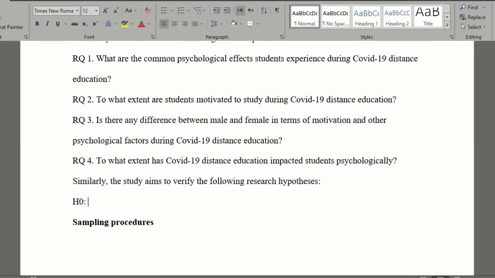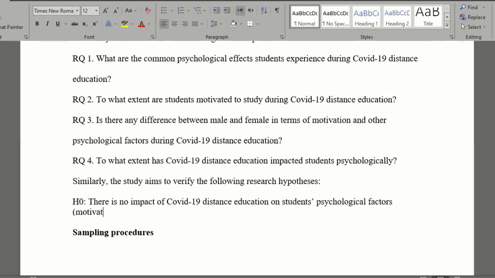H0 means it's the null hypothesis. Null hypothesis means that there is no impact of COVID-19 distance education on students' psychological factors, and to put examples like motivation, self-esteem, anxiety,